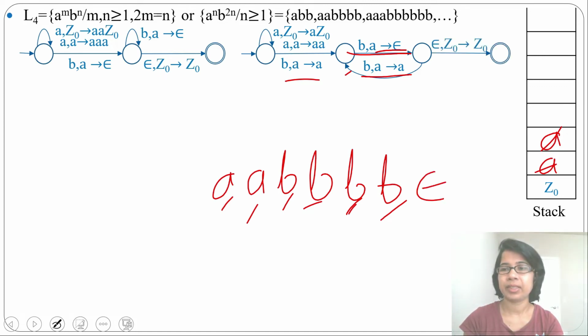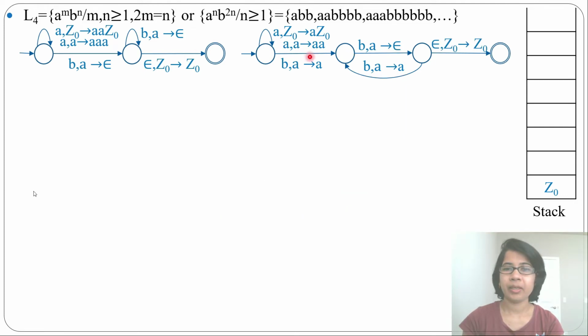By epsilon, it will skip Z0 and go to the final state. We designed two PDAs for the same language. Here we use one technique: for every A we push 2A and for every B we pop 1A. Here for every A we push 1A, for the first B we skip, for the second B we pop.